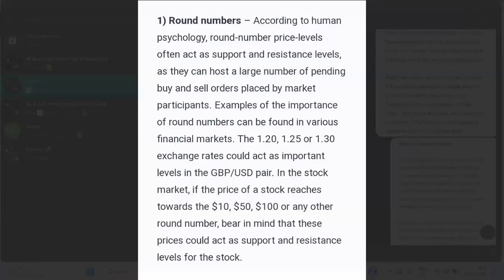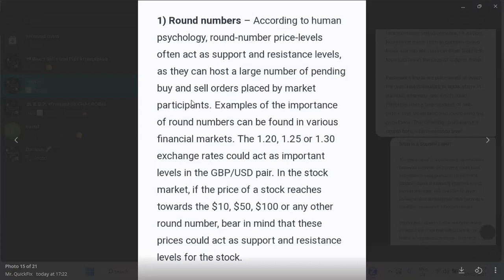When it gets to whole numbers, price sometimes acts differently. Psychologically, round number price levels often act as support and resistance levels, as they can host a large number of pending buy and sell orders placed by market